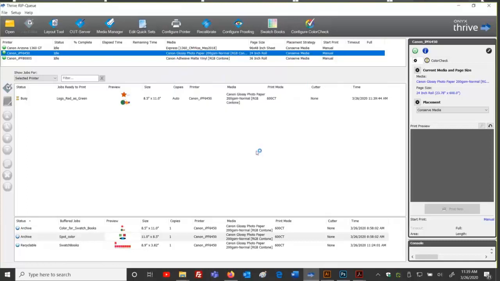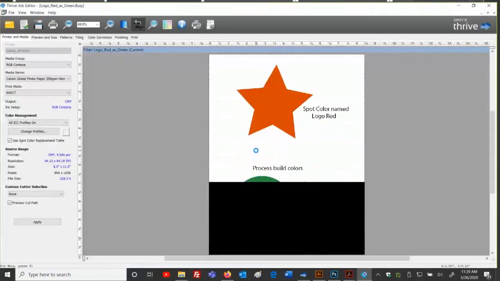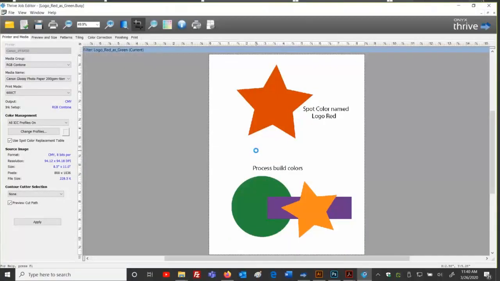I named it wrong, I didn't put it to the right media or mode, or it wasn't a spot color when I was in Illustrator. It was a process build, okay? So those are some of the things that could be wrong if it doesn't swap out, and it's about the things it takes to make this work. So there's my color recipe.